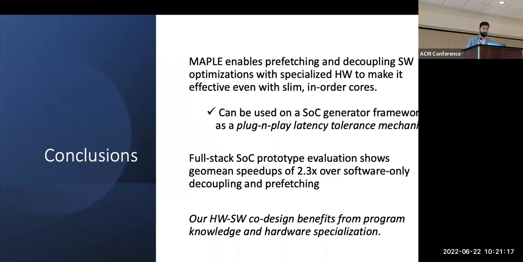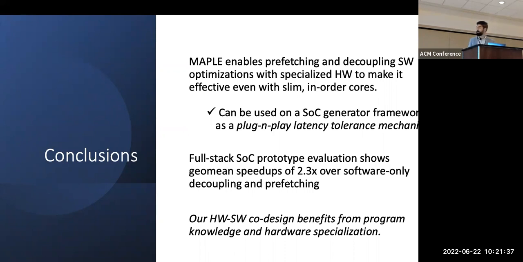Now, to conclude, Maple enables both prefetching and decoupling, where its specialized hardware doesn't need architectural or core changes. And so, unlike many prior works, it's much easier to adapt, just cloning the open source repo, in such a way that it can be used in a SoC generator framework as a plug and play latency tolerance mechanism.